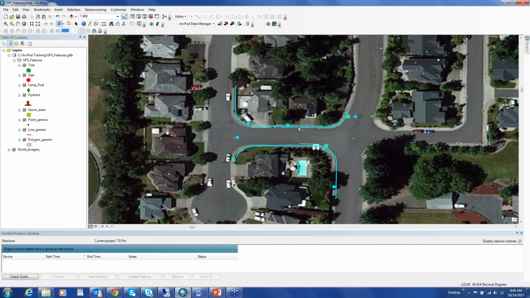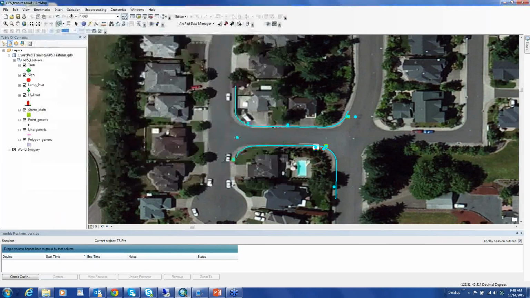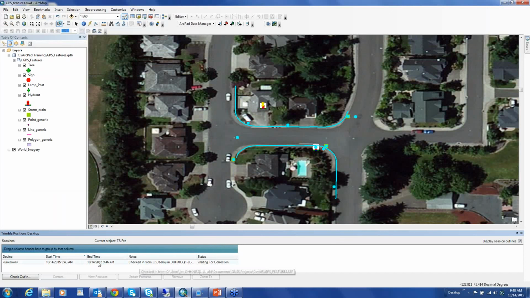And since I'm in my home office here, we should see the feature somewhere around here. So let's go down to Checkout, Check In. This time we want to check in an SSF file from TerraSync. So now we have to browse to the correct folder. Looks like I'm already in the folder. So I think this is the file that I can bring in. And sure enough, there's my file. It says it checked in, waiting for correction, and the hydrant appears right there on top of my office where